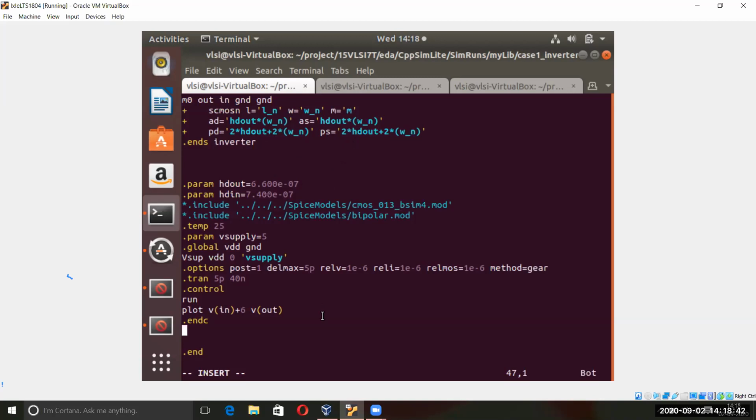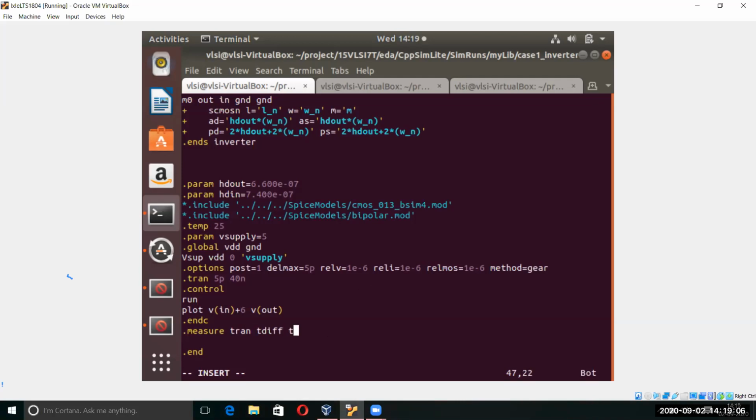I'll tell you what the trig is. Let me write that one. So .measure you are writing here. Then we are interested in transient, so tran. And tdiff. Tdiff here is the difference, the delay. So tdiff and then trig.